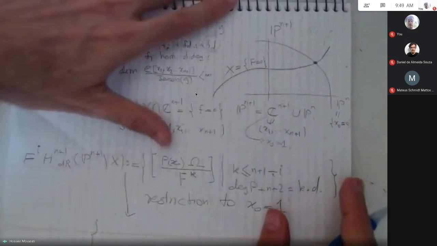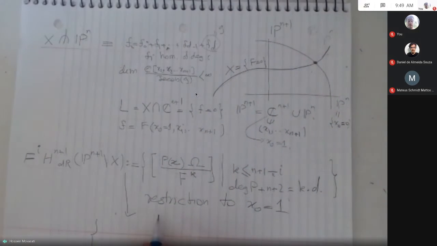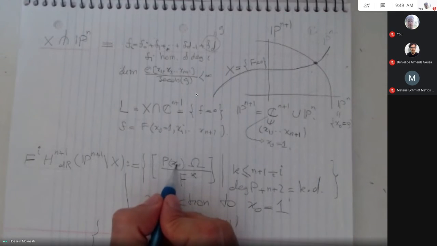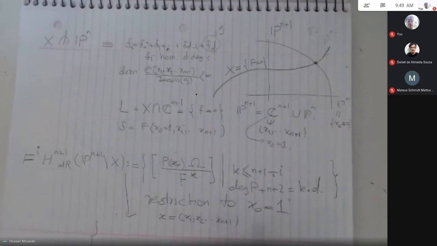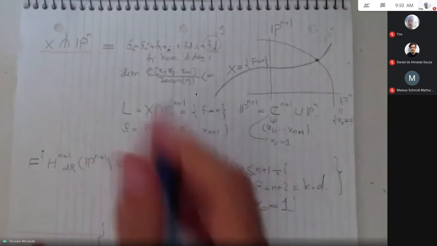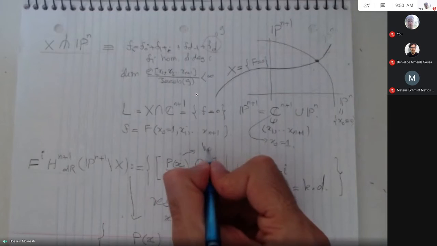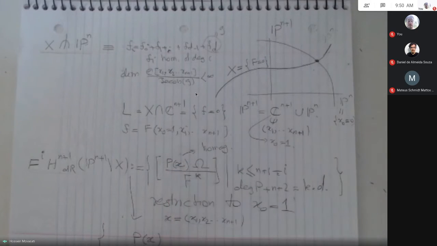So restriction to x0 equal to 1, and then I will use also the notation x for x1, x2, xn plus 1. Here I have used the notation x for x0, x1, and so on. But once I forget the variable x0 by putting it to 1, I can start using x for this one. So this will be, again, I will not use another notation. Here P x is homogeneous,